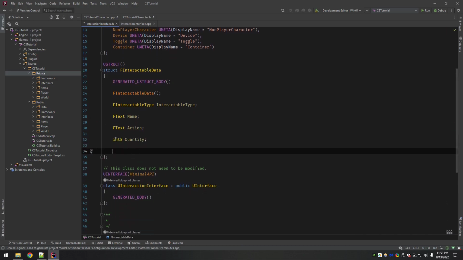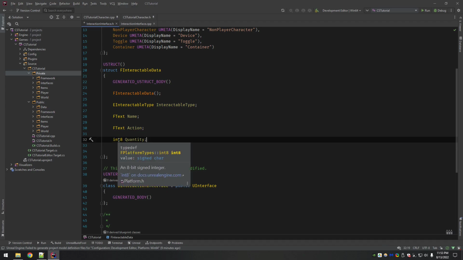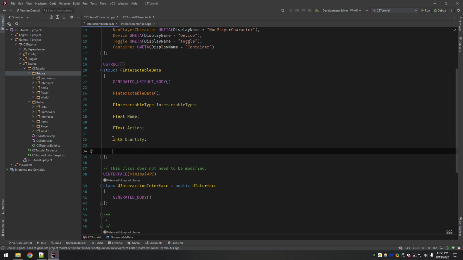Now, one thing I will say real quick, if you are using Blueprint and you want to do that through these tutorials, that's totally fine. You will have to use int32 for everything, because in C++ you can use some of these other types like int8, uint8, etc. But if you're in Blueprint, it only supports using int32. So I just figured, a uint8 can go up to 255 because it's 8 bits. I didn't think that I would need more than that for a quantity, so that's why I went with that. It really doesn't matter too much. You can make it a 32. The last thing we want is the interaction duration I talked about.